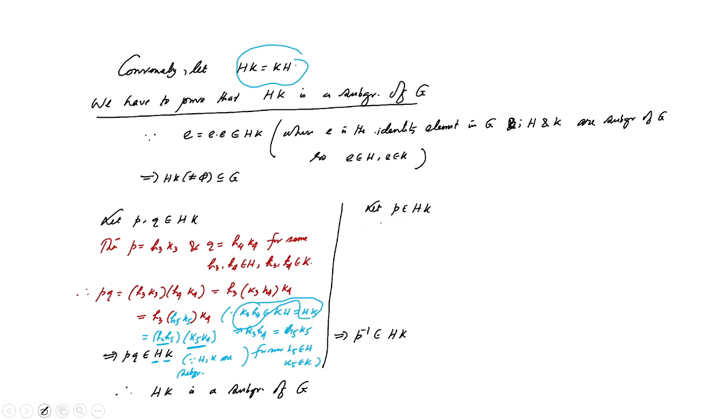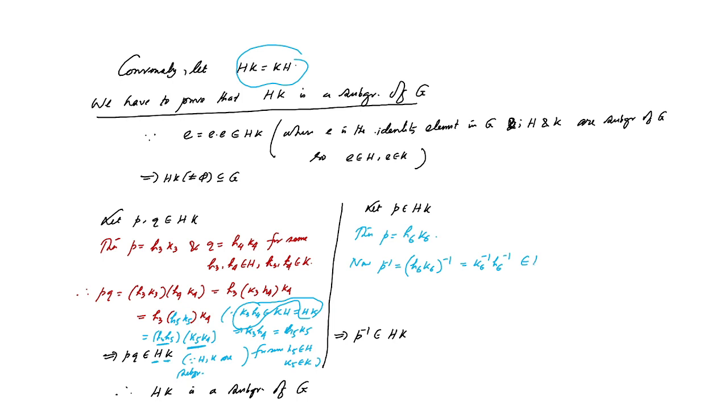Now let P belong to HK, then what we can write? P equals some H6K6. What we will show is P inverse belongs to HK. Okay. So now P inverse means (H6K6) whole inverse. So that will be K6 inverse H6 inverse. And that belongs to